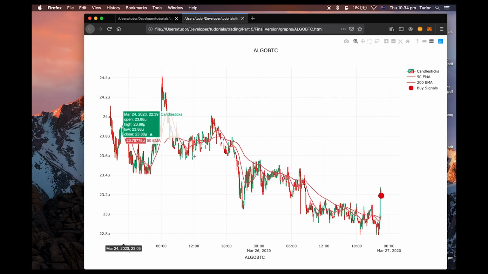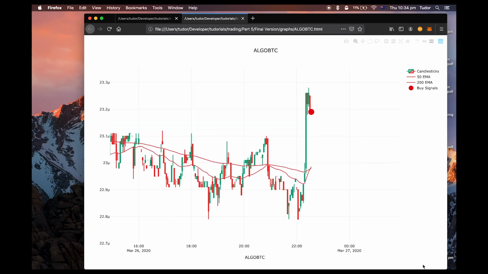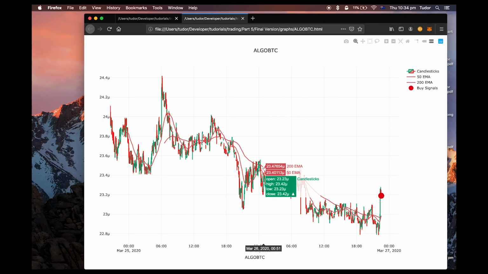So I'm not sure if it's actually gonna be a good idea to buy here, but oh, that's quite a jump. What happened? It's a 23.3. It's almost a, wait, how much? So from 23, oh, it's like less than 2%, but in 3 minutes. Okay, anyway,